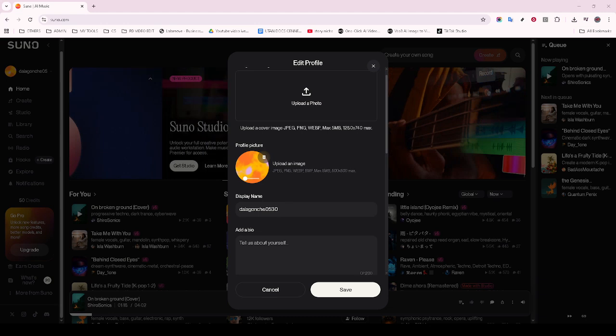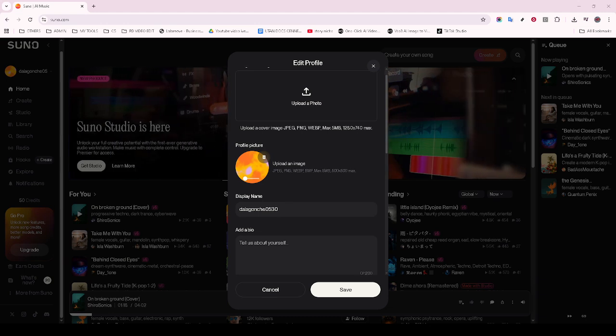And there you have it. You've successfully logged into Suno AI, navigated to your project, exported, and downloaded your necessary stems. This process not only